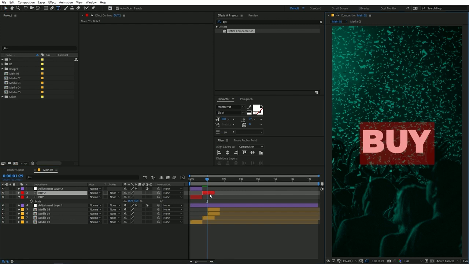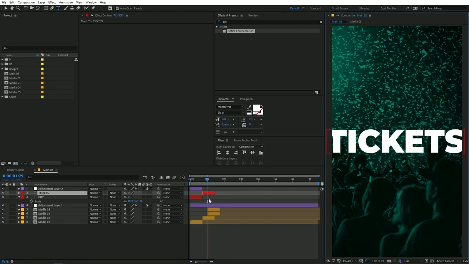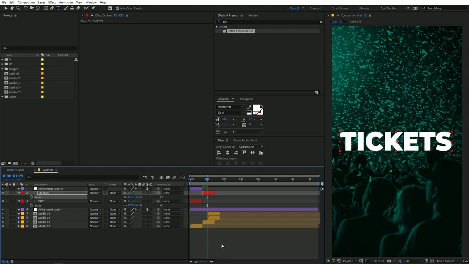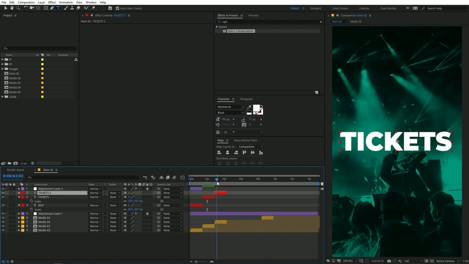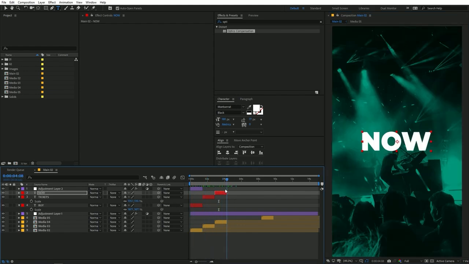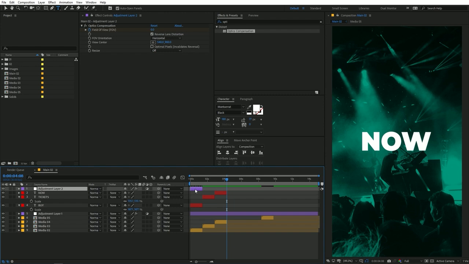like this. On this one I'm going to type tickets. You can probably scale it down, something like this. And let me just quickly do the same thing for the other one. On this one I'm going to type now. So buy tickets now. So we are pretty much done with the text part, and let's just quickly select the